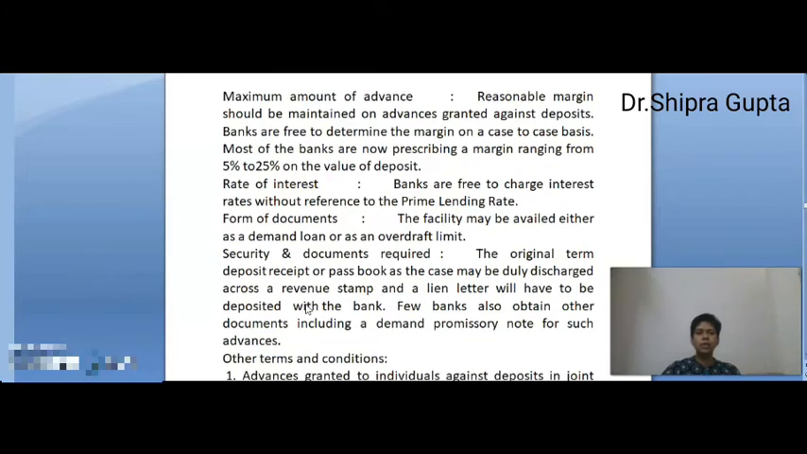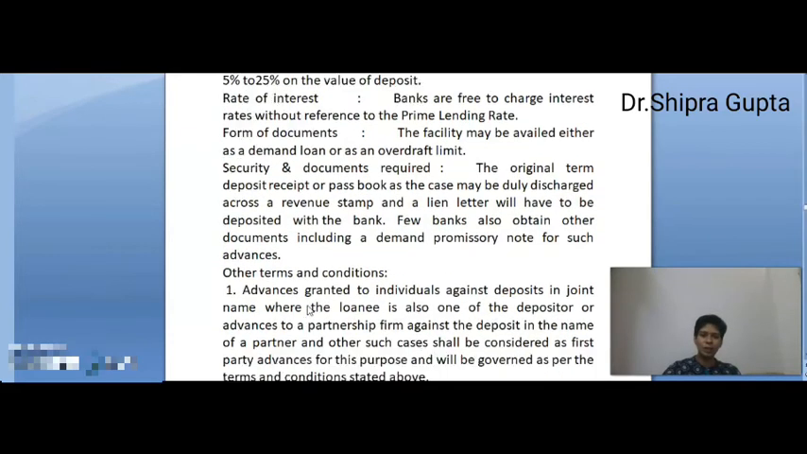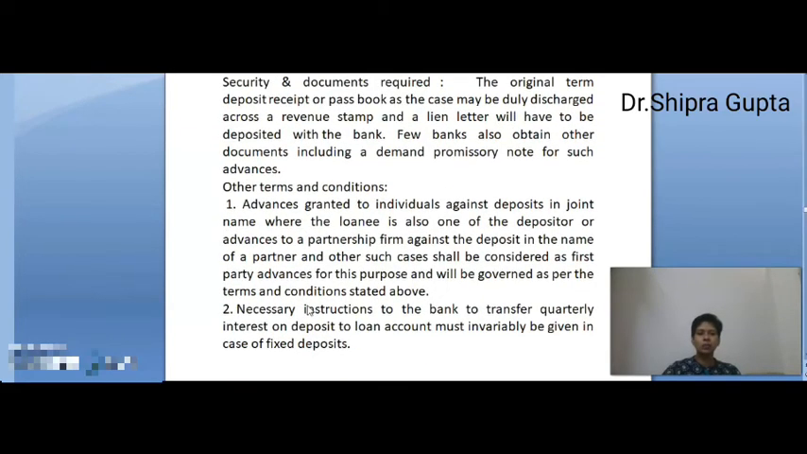Security and documents required: the original term deposit receipt or passbook, as the case may be, duly discharged across a revenue stamp, and a lien letter will have to be deposited with the bank, meaning the original documents will be submitted to the bank. Few banks also obtain other documents, including a demand promissory note for such advances, and other terms and conditions. Advances granted to individuals against deposit in joint name, where more than one person is included in a name,